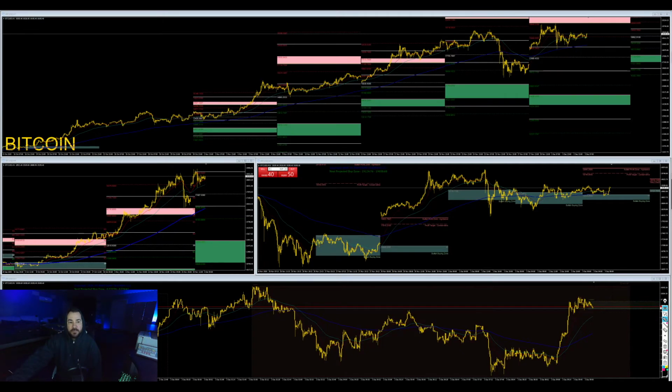Just killing some time, taking a look here at Bitcoin. And what's interesting to me is this is the weekly pivots, and we had the double top right on the take profit zone. We came down, but we haven't rejected yet. Could it still come down? Sure, it can still do that, but